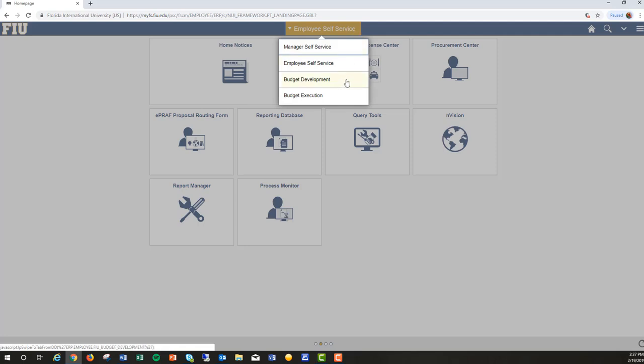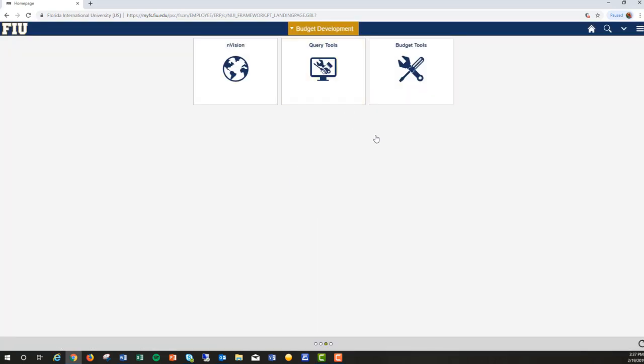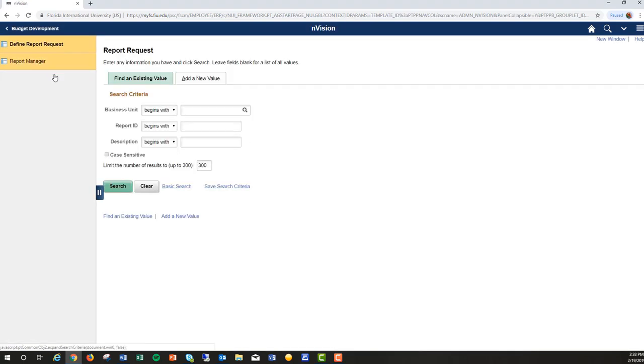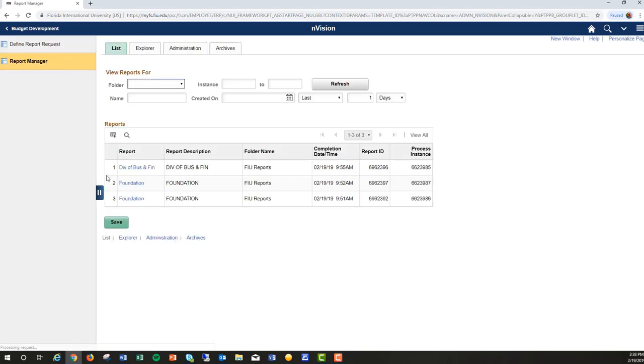Click on Budget Development. Now you are in the home page where all the necessary tools to develop your budgets are located. To run reports, click on Envision on the left-hand side of the page. You have access to Define Reports Request, where you can run the reports, Report Manager, where you can download the